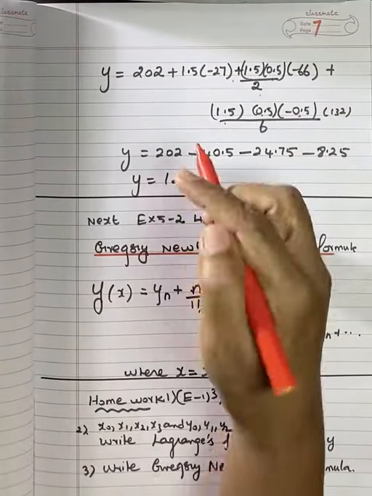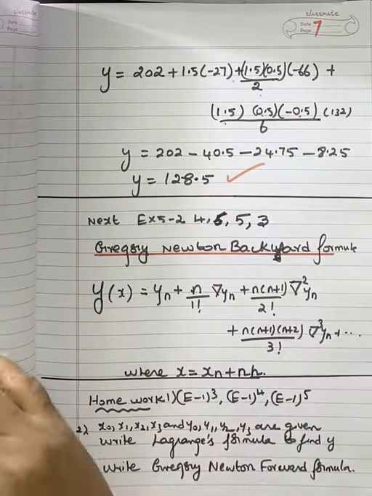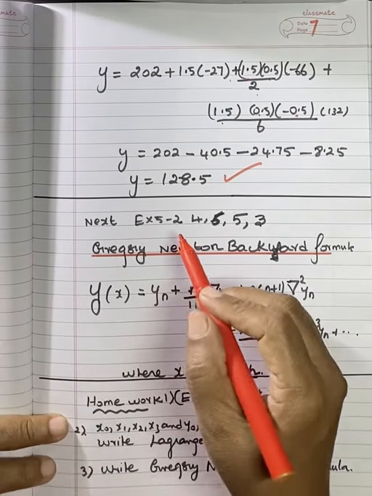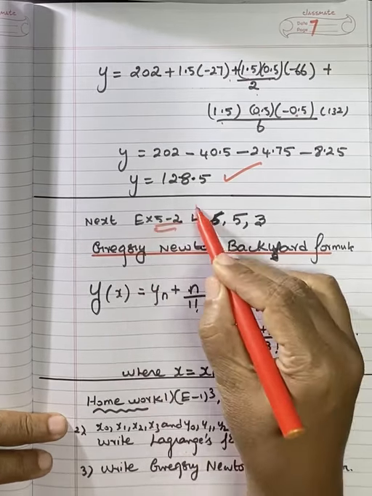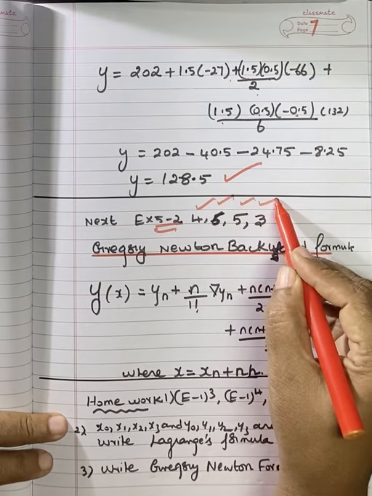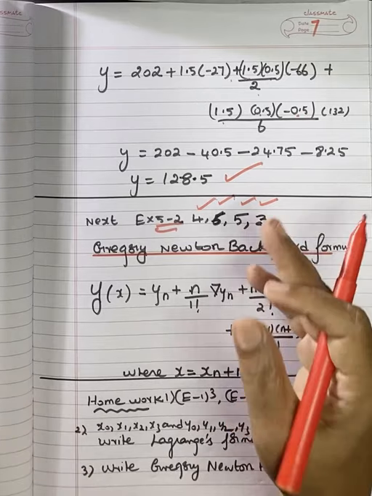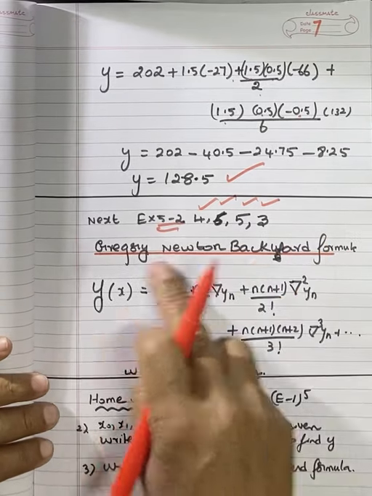Very simple. Simplify, you get the answer as 128.5. These two sums in 5.2, 4, 6, 5, 3, we'll see in the PDF. After the PDF, we'll come back to